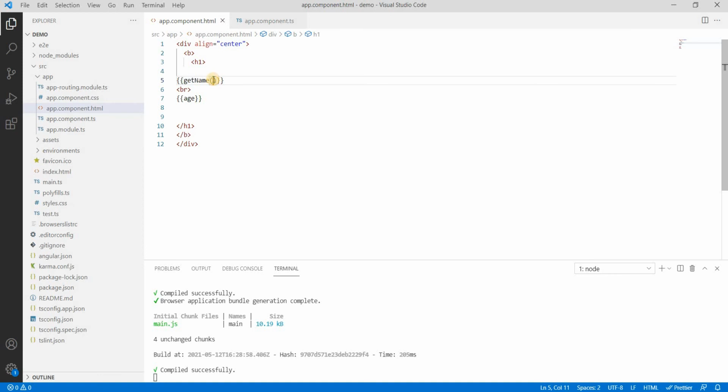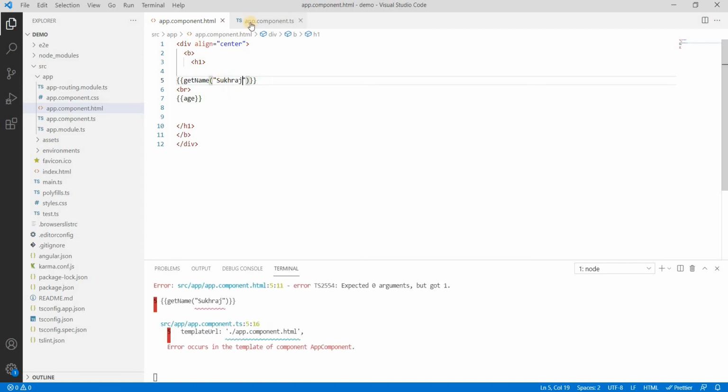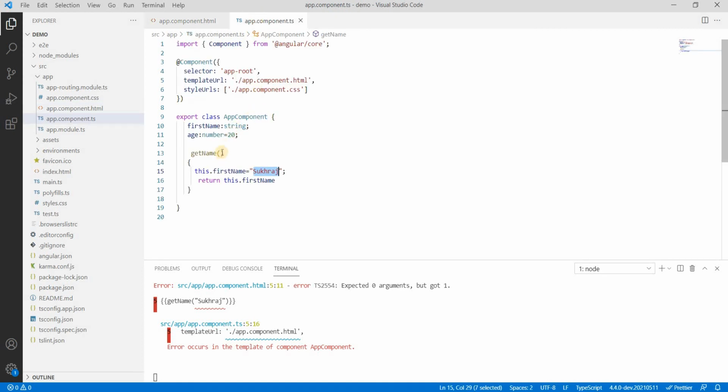Another thing, if I want to pass any value here, suppose I pass Sukhraj, in that case it gives me an error. Why? Because here I'm not expecting any parameter. Let's say here I'm expecting a parameter name. Now I can use that particular name here.